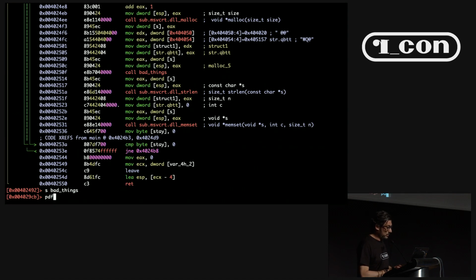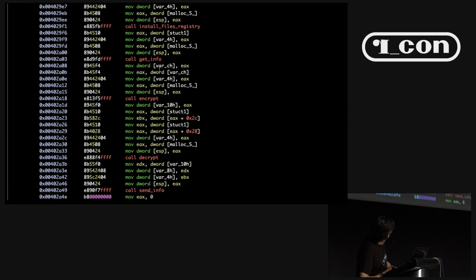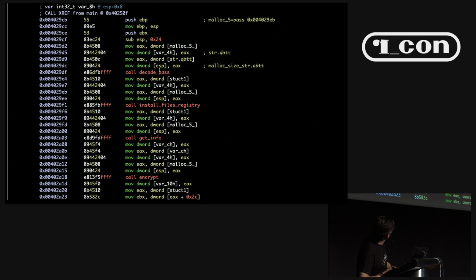If we go there, there are new names for these functions and some comments. This is a decode pass function, because it's given this pointer to the malloc allocated string and this string. If we go to this decode pass,